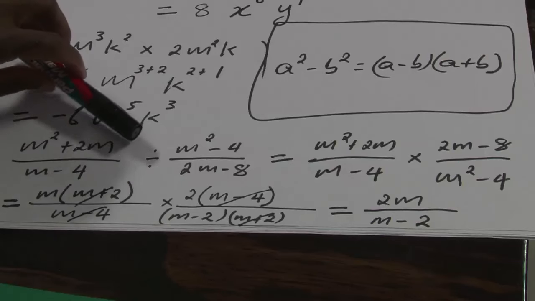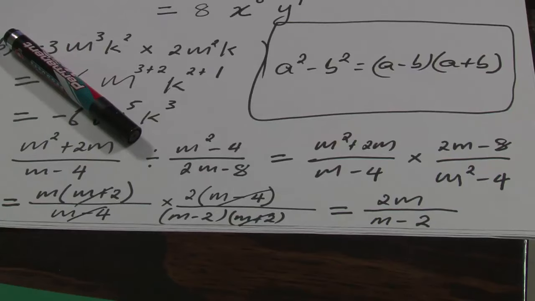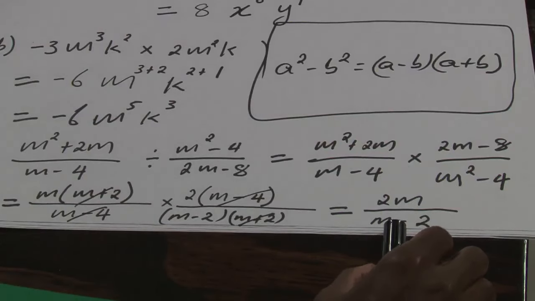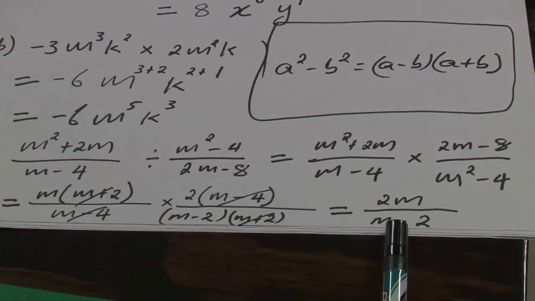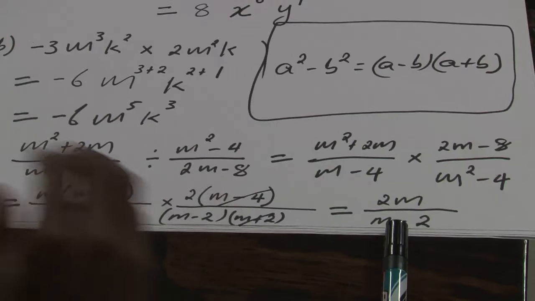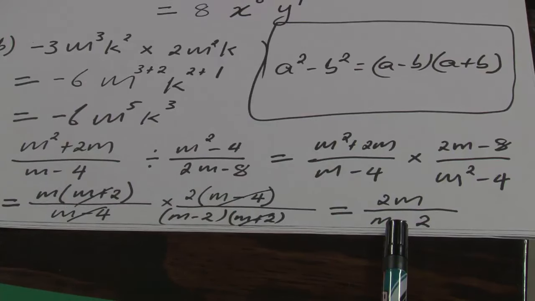So we have managed to write this algebraic expression in that simple form, where the two are still the same. They still have the same value. And therefore, that is what we have as our algebraic expression in its simplest form. Right, and then we move on to